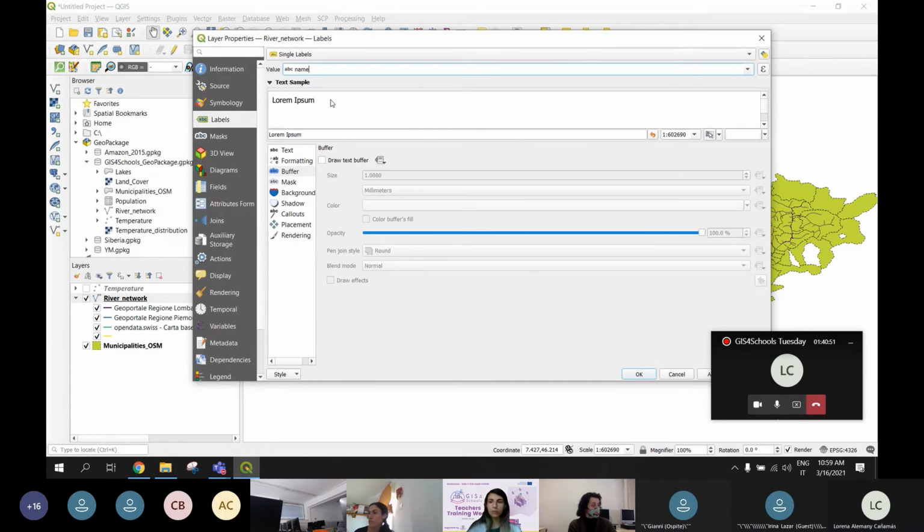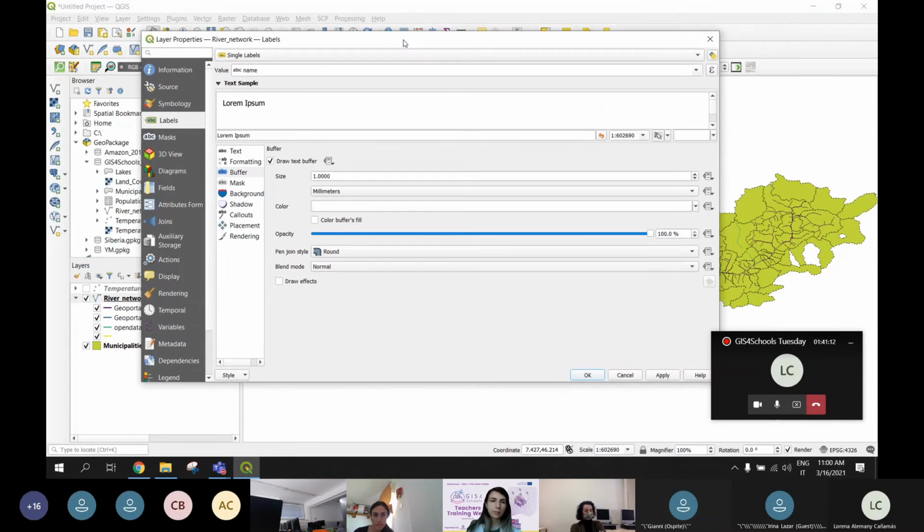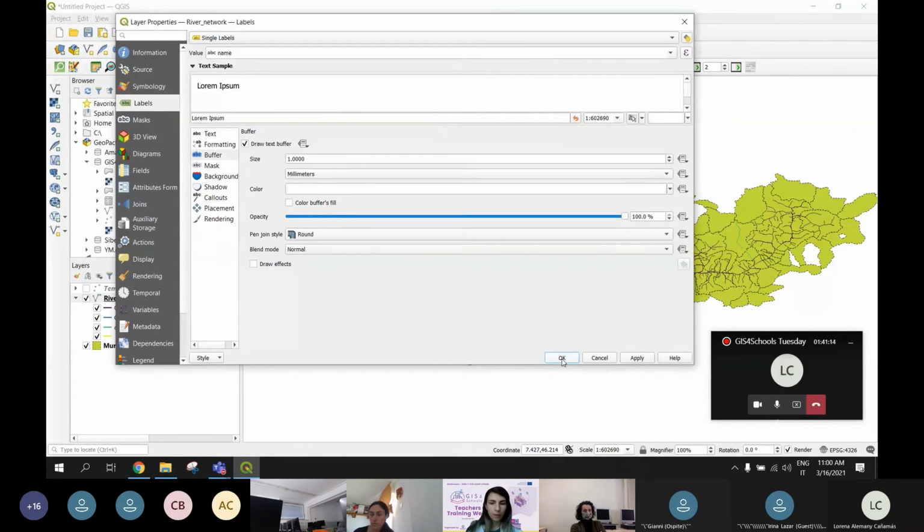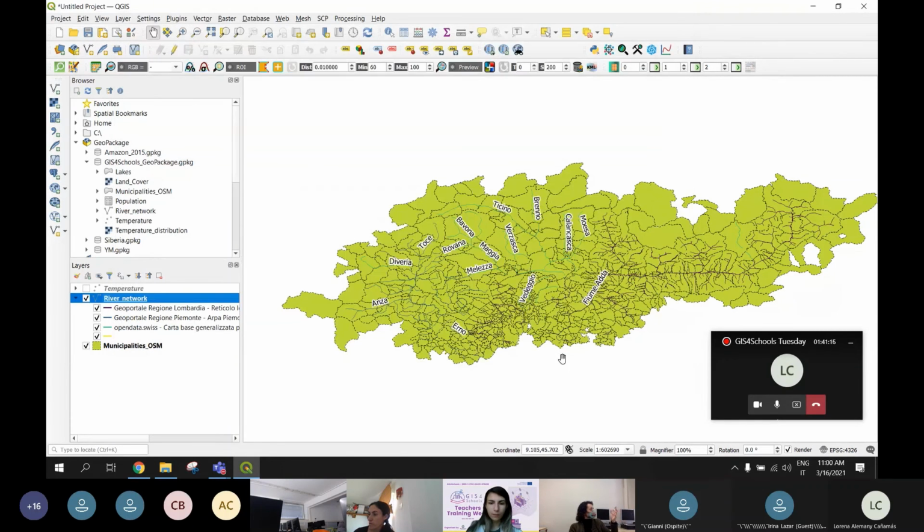So with this, we will have the names of the rivers displayed here. And we will not go into details of text formatting or positioning, just we select buffer here and enable draw text buffer, just to have some background for the text, because then the text is better visible. And we click on OK, and we should see something like this,